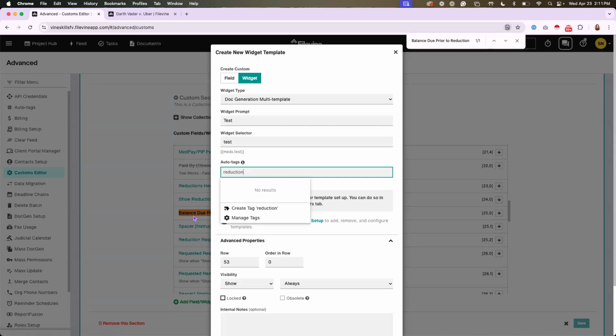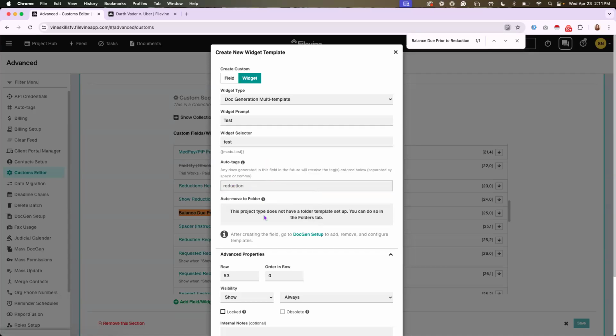So anytime somebody goes to generate that reduction request, it's automatically going to tag it. What that means is I can go to my document search and I can search up hashtag reduction. I could go to my project documents and I can search hashtag reduction, which we will look at that section after we generate this. So that's a cool little tool where you guys can build your own custom filtering within